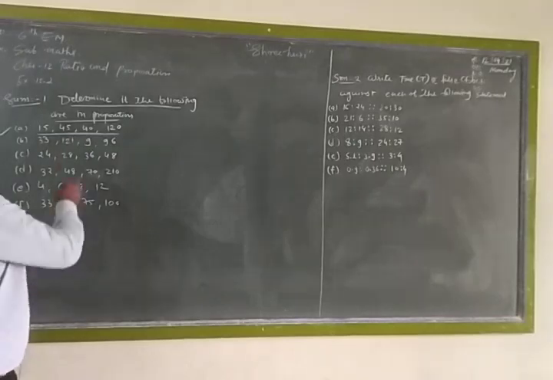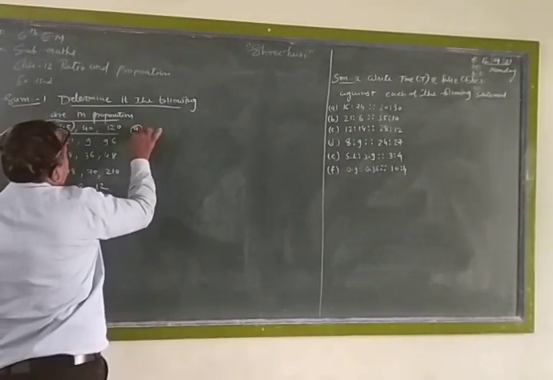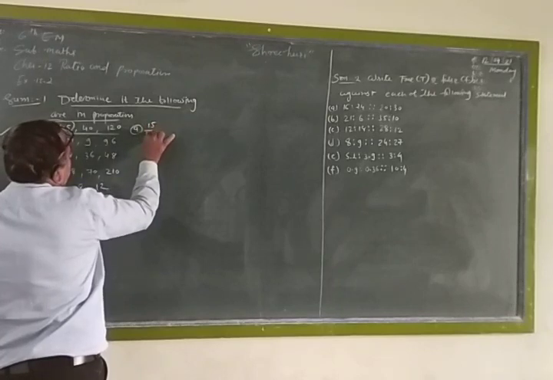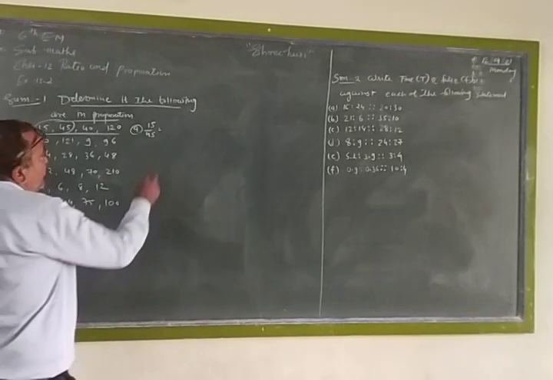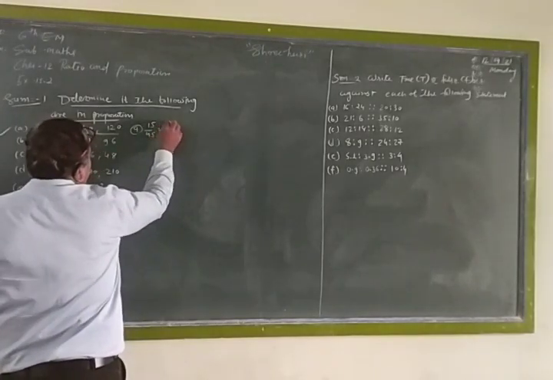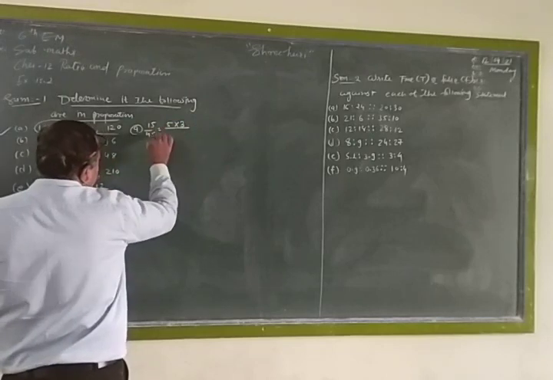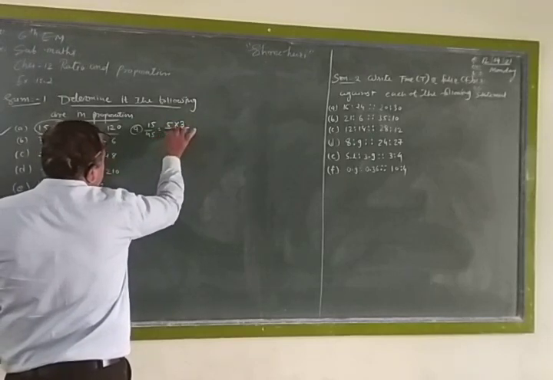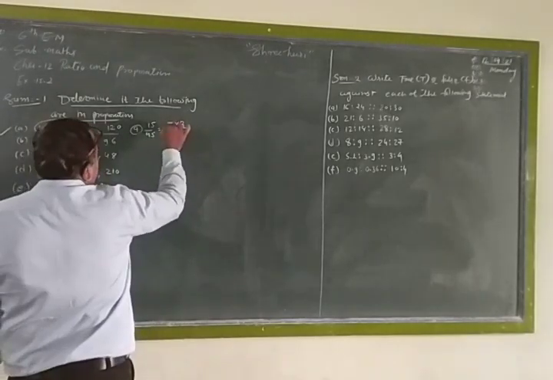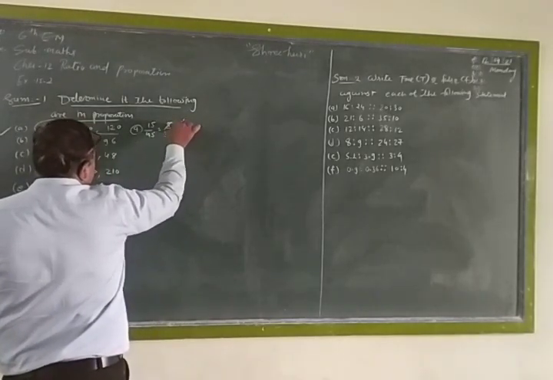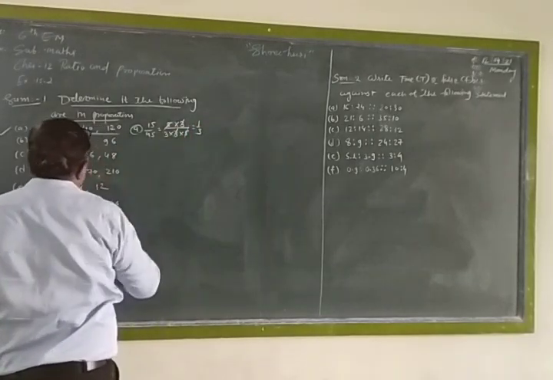Friends, first we have to divide the first two numbers, 15 upon 45, and put it in reduced form, meaning shortest form. The prime factors of 15 are 5 times 3, and of 45 are 3 times 3 times 5. The 5 cuts and the 3 cuts. The answer is 1 upon 3.